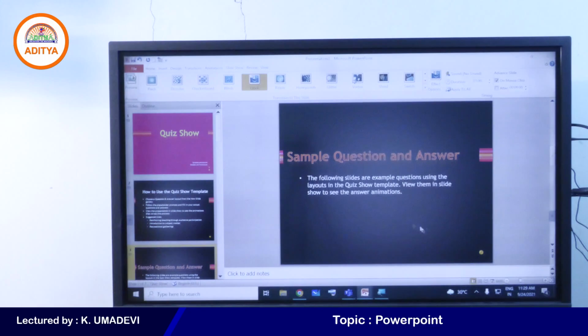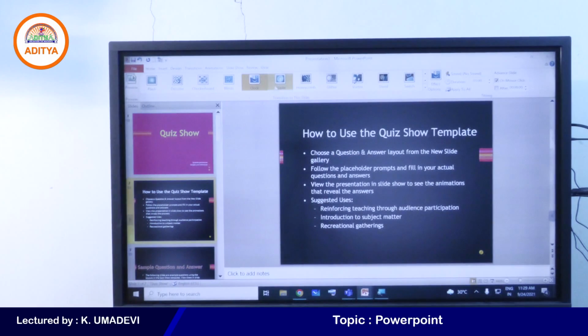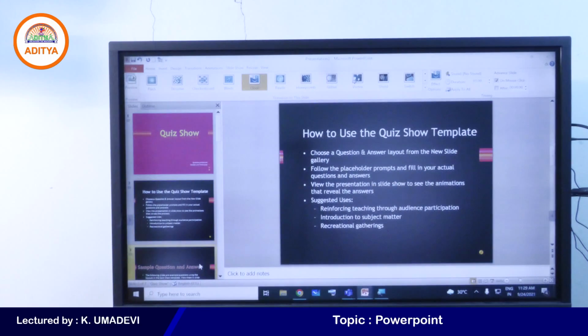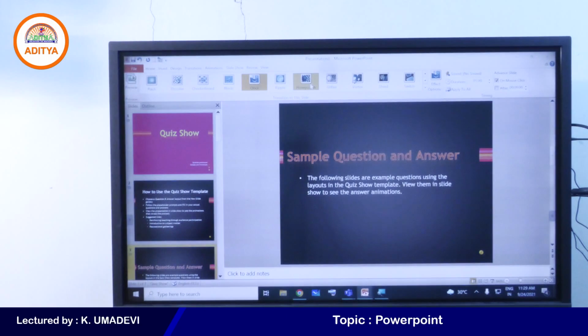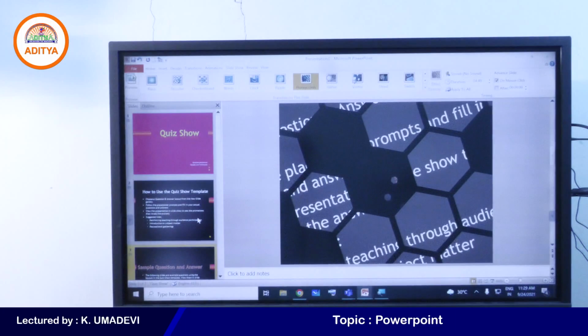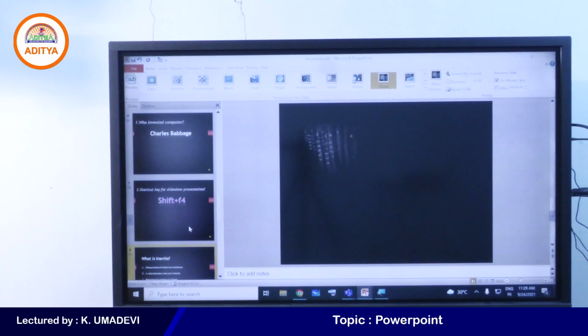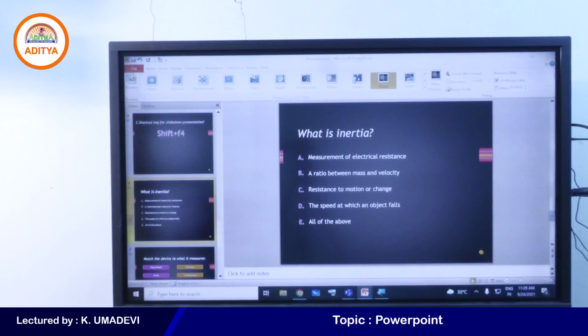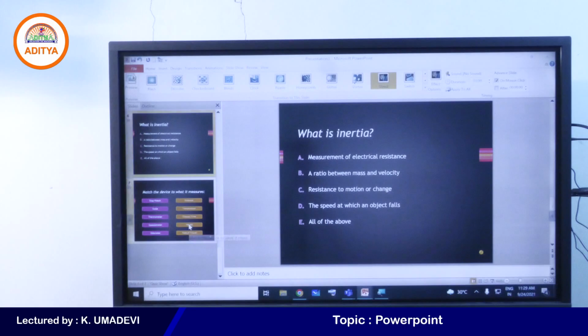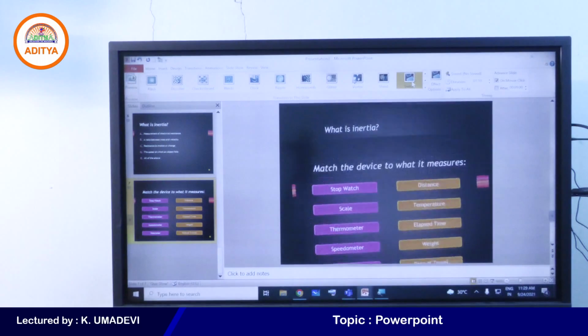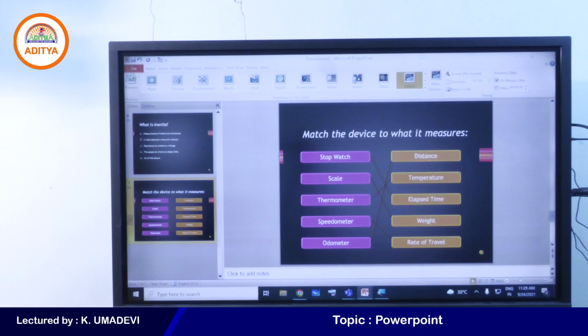For example, here for the second slide I will apply another transition. Honeycomb. Shred. We have 7 slides here. Switch. Clear?